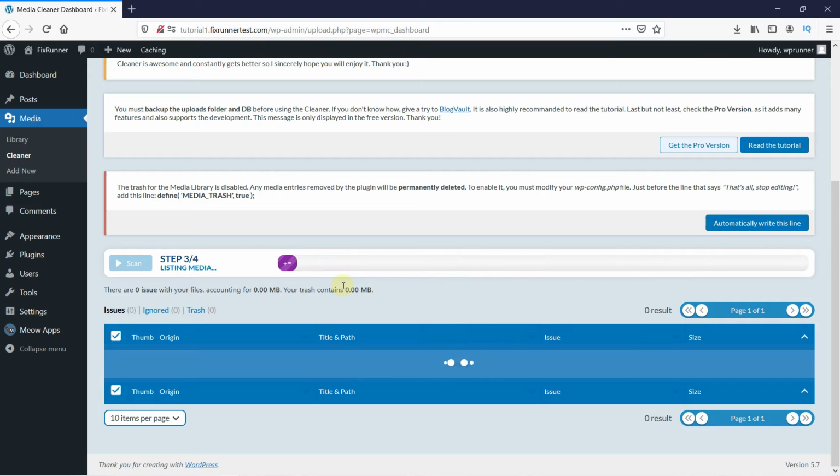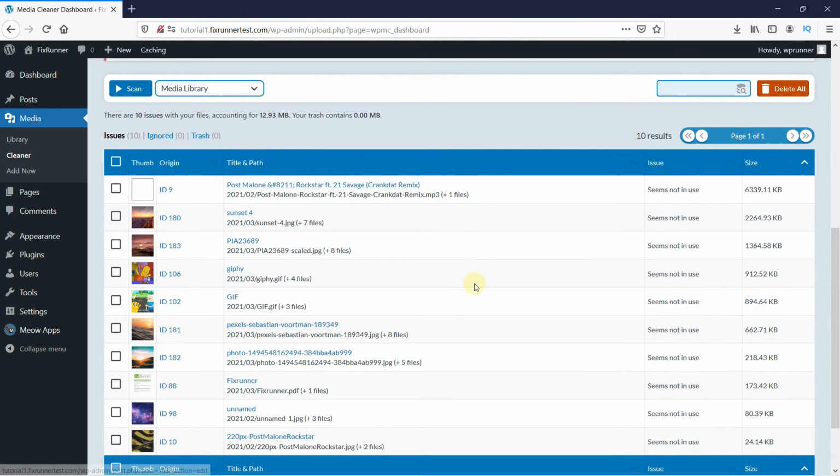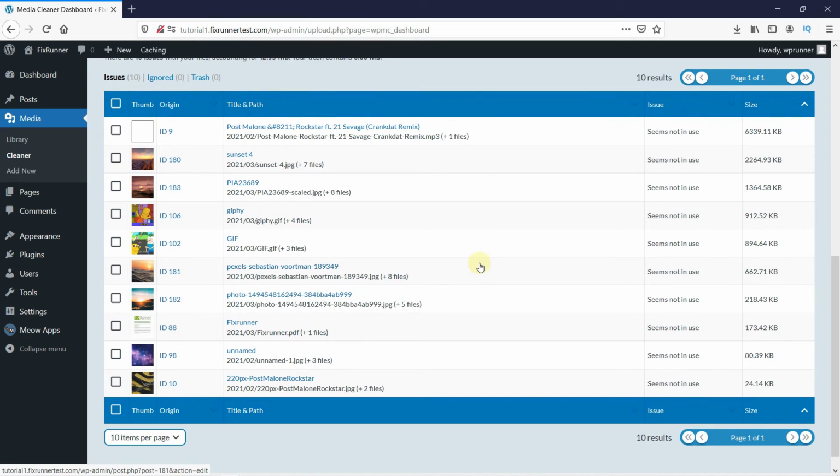Now, it's going to take a few seconds for the scan to be completed, but then you get a list of media files. You can see the issue with the files here. And as you can see, for me, the issue with these files is that they're not being used on my website. So now you can just select the files that you want to delete,